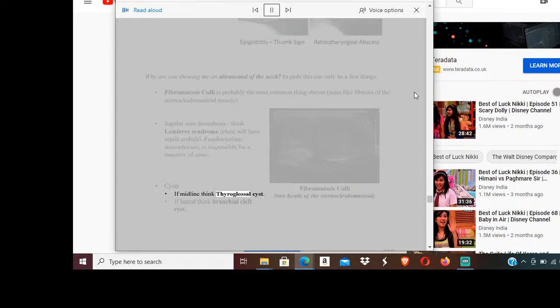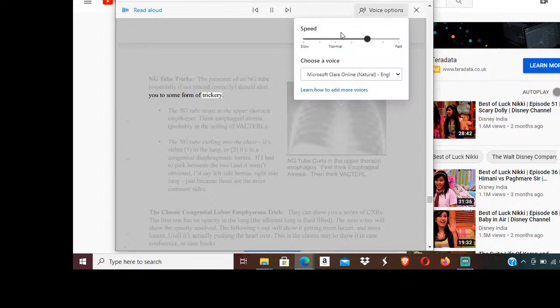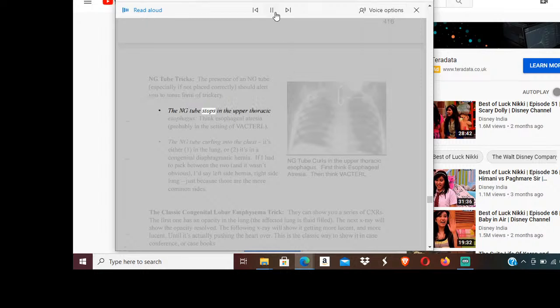Cysts, if midline, think thyroglossal cyst. If lateral, think branchial cleft cyst. Fibromatosis coli, 2 heads of the sternocleidomastoid. 416. NG tube tricks. The presence of an NG tube, especially if not placed correctly, should alert you to some form of trickery. The NG tube stops in the upper thoracic